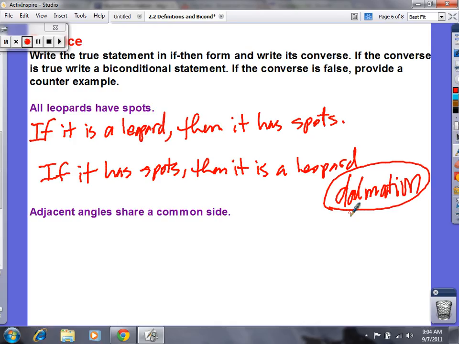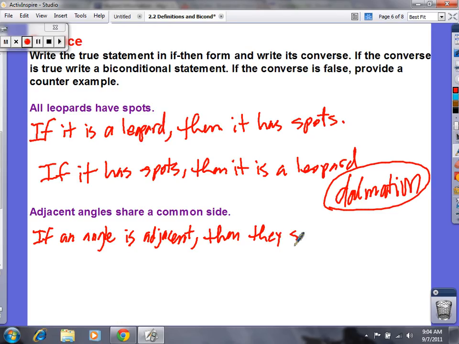Okay, let's look at this guy. Adjacent angles share a common side. What's the conditional statement? If an angle, so we got to add a little bit. If an angle is adjacent, then what? Then they share